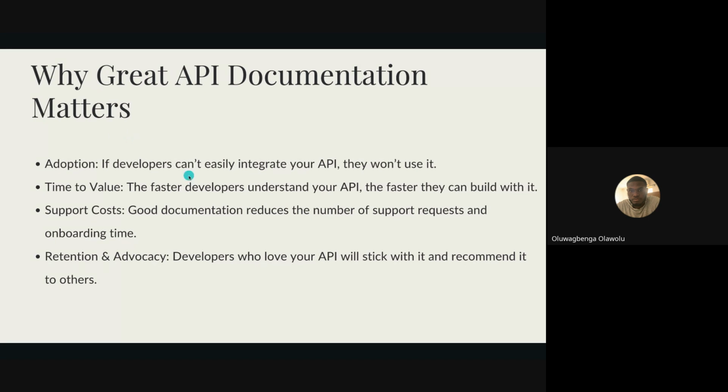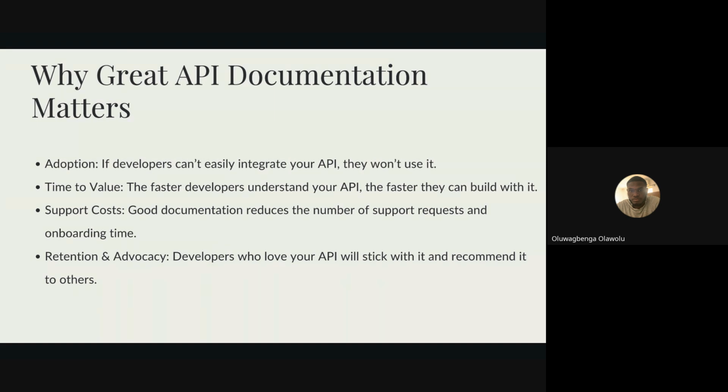Like I said earlier, if your product is an API, so for example, let's take Flutterwave, they have an API. Most of the developers that use their APIs are their customer interface. If the documentation is not easy to read or it's not clear enough, it's going to be a pain for developers.